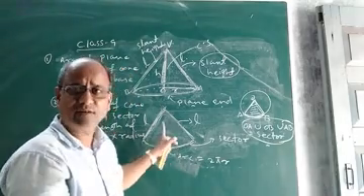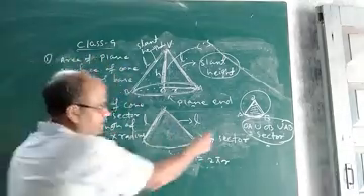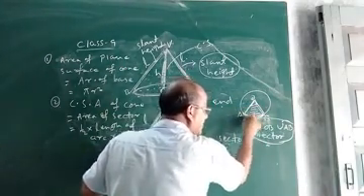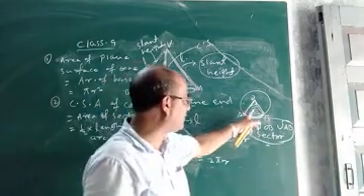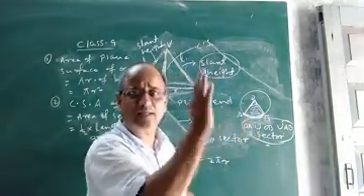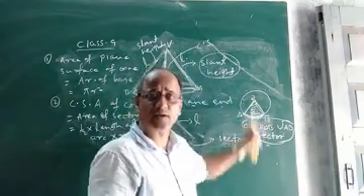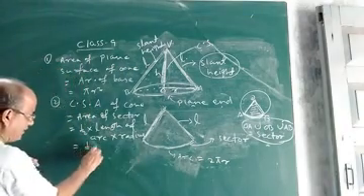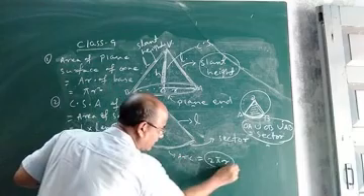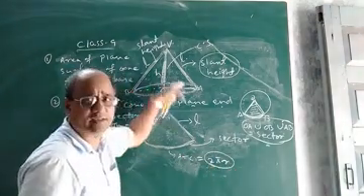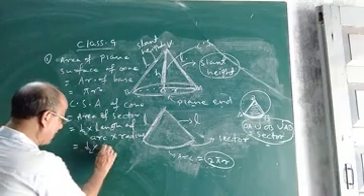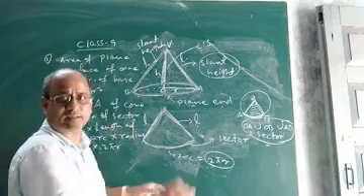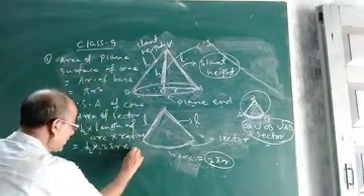And how to get the area of this sector? This is the formula. In this case also, this is the sector and this is the arc. Whatever is the arc length, half into length of arc into radius is the formula for area of sector. So that I have written here. It is half length of arc. What is the length of arc? It is equal to 2 pi r, because the length of arc is equal to the circumference of the base. And the radius of sector is equal to the slant height, so in place of r, you can write L.